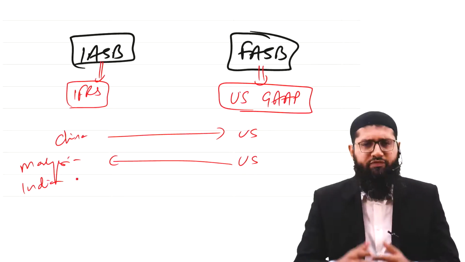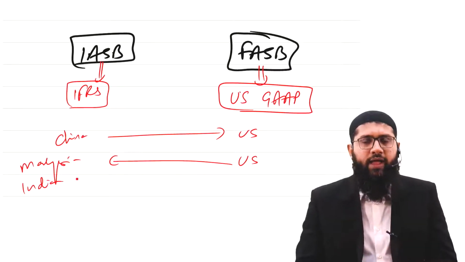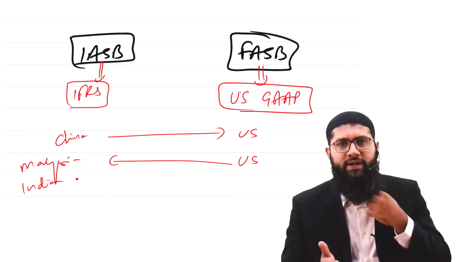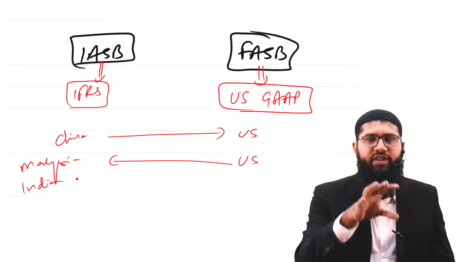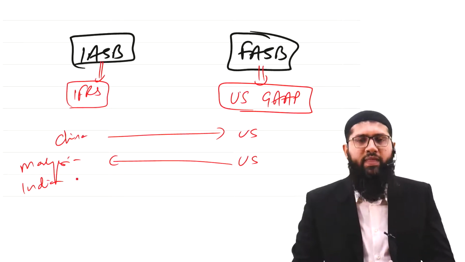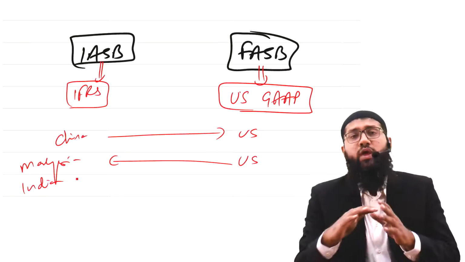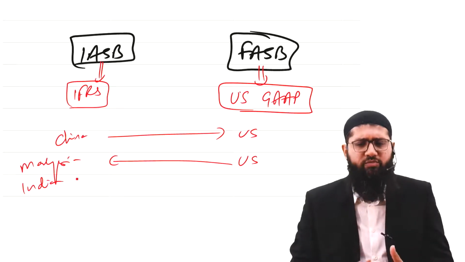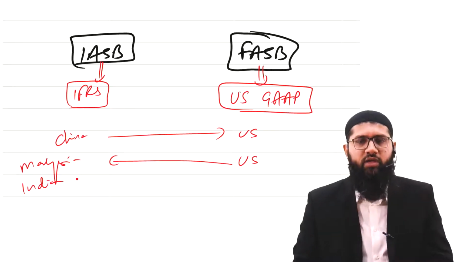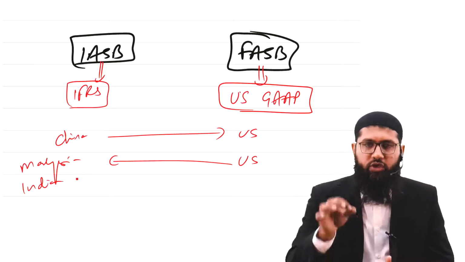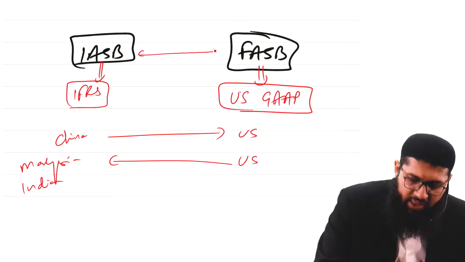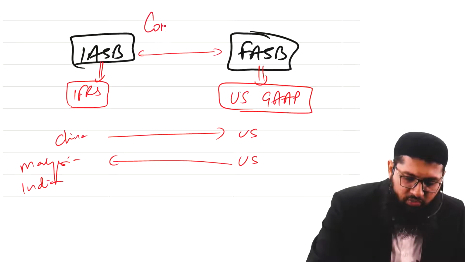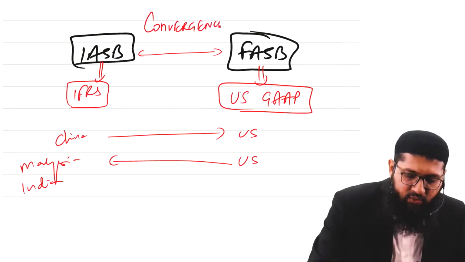So as a result of this, if I'm an investor sitting in, let's say, Dubai, and I want to invest in UK, I've got a different set of accounting standards being followed by the entities. If I want to invest in Australia, there is a different set of accounting standards being followed by the entities. And if I want to invest in US, which is one of the major capital markets, it becomes a problematic situation for me because I don't understand the financial statements. How would I invest in US? So in order to overcome this, there was an arrangement between IASB and FASB, termed as the Convergence Project.